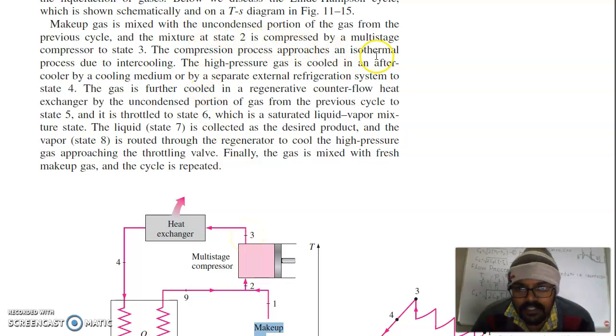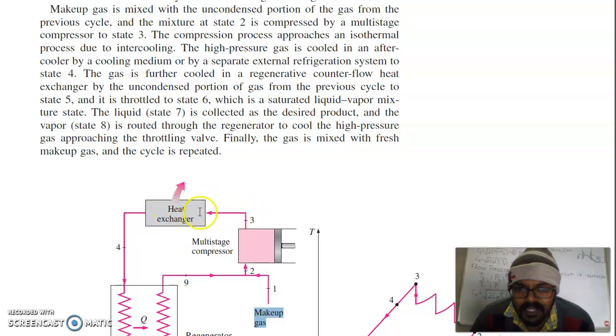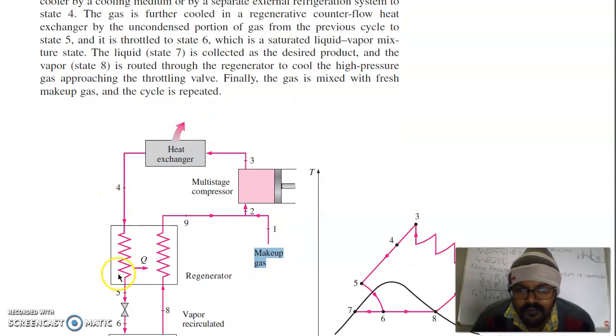The compression process approaches an isothermal process due to intercooling. The high pressure gas is cooled in an aftercooler by cooling medium or by a separate external refrigerant system to state 4. So this high pressure gas is cooled in this heat exchanger by a separate external refrigerant system to state 4. This heat exchanger is also using a separate external refrigeration which is not shown here. The gas is further cooled in a regenerating counterflow heat exchanger by uncondensed portion of the gas from the previous cycle to state 5. Means from 4 to 5 it is further cooled by the uncondensed gas which is 8